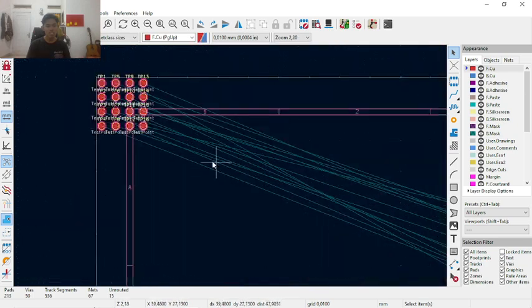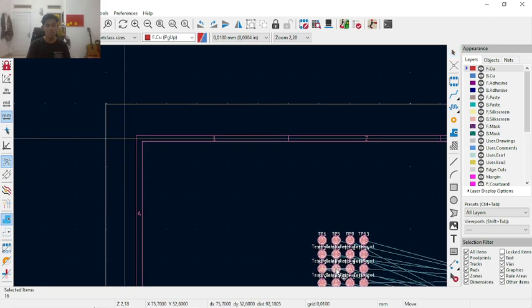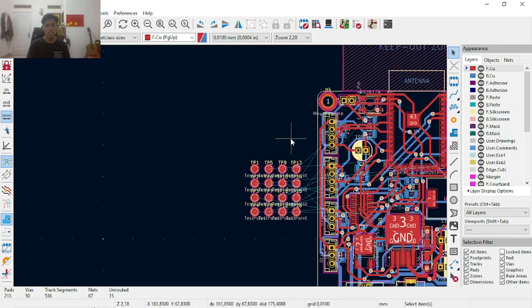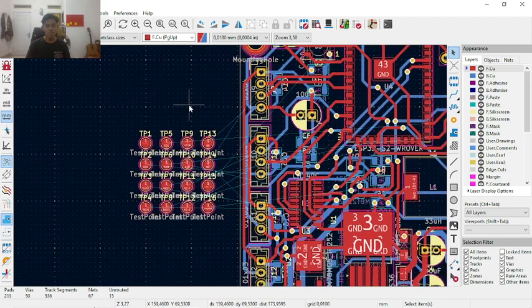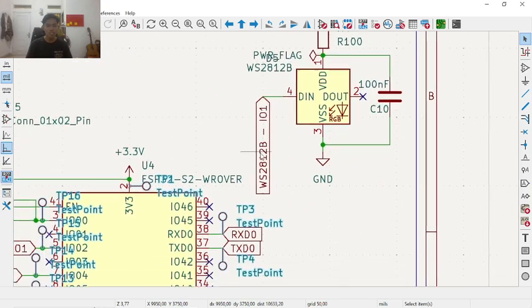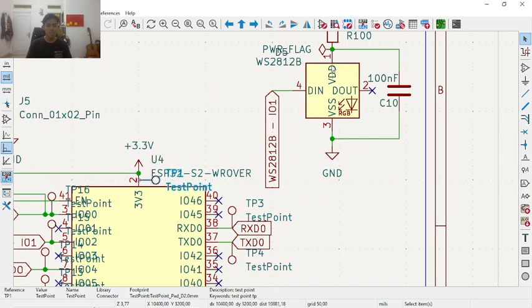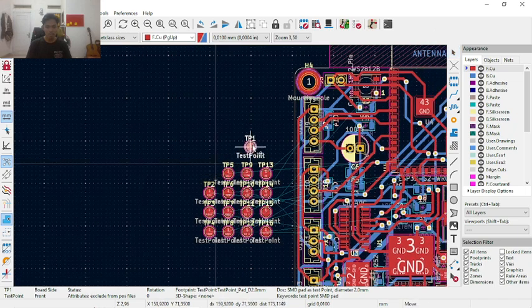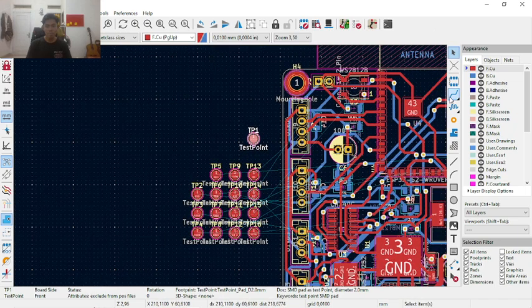and the test point will show up. So we will put the test point on the track that we need. You can see, for the example, we will click on the VCC test point, and we will put